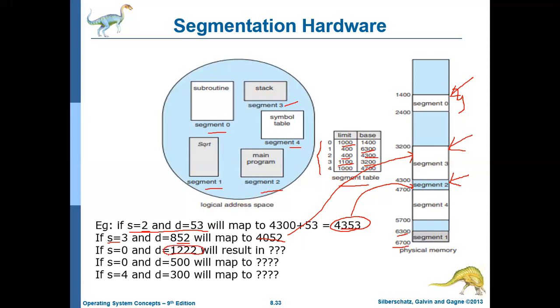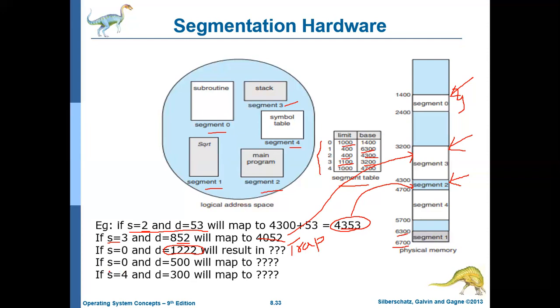So this is an illegal access and it will create a trap. It won't be converted into any physical address because this code is trying to access an illegal memory location, so it will create a hardware interrupt called a trap.